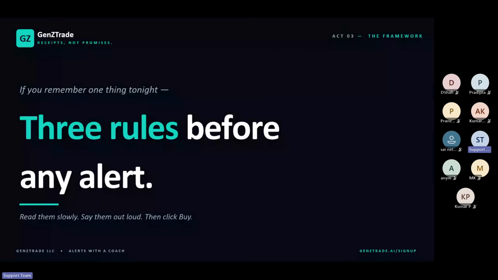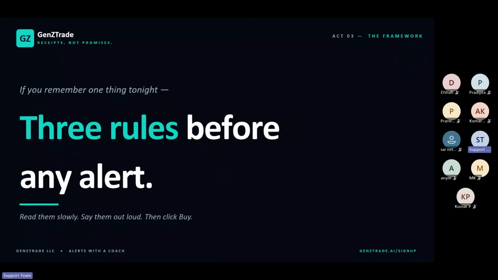We'll keep the forum a little open. It's not too structured. I mean, we can